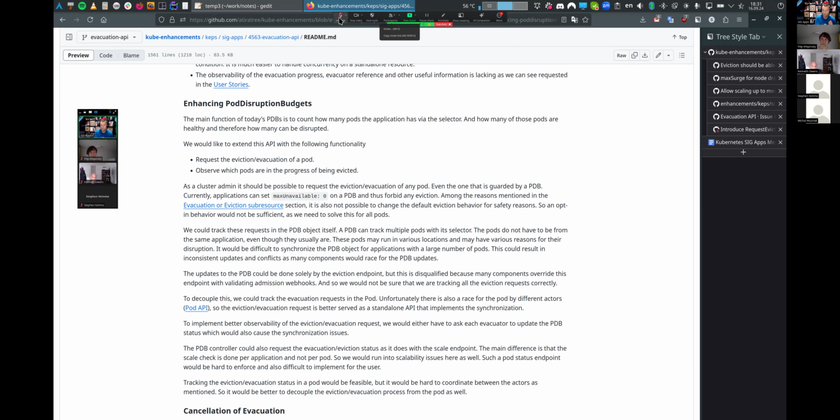The only difference for them would be that instead of specifying the admission webhook, which not every user is always capable of doing, they would be able to configure an endpoint, which will work in a similar fashion in the PDB API surface.